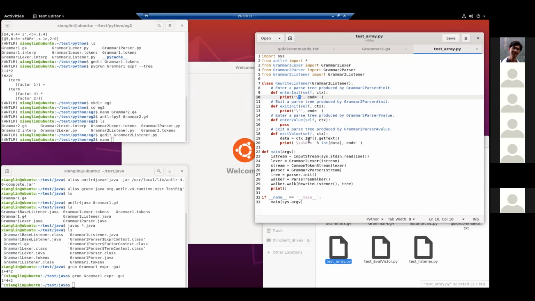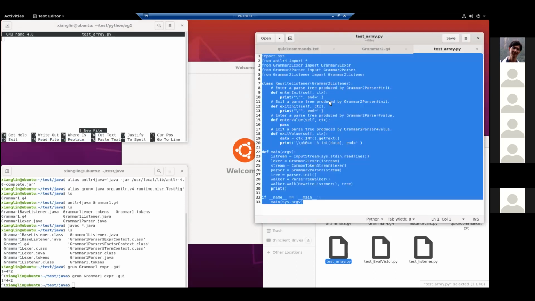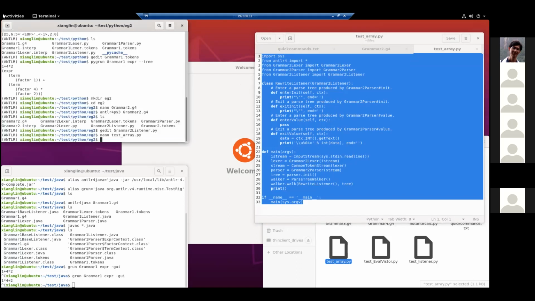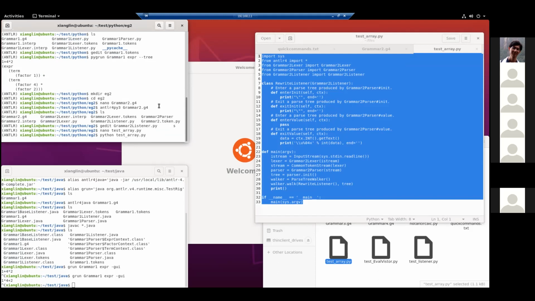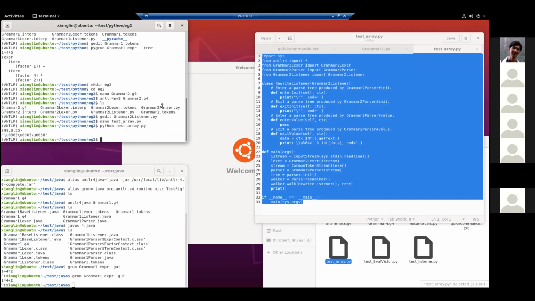And each time it crosses an integer value over here, it will transform the value into a hexadecimal value. So you can see that it transforms